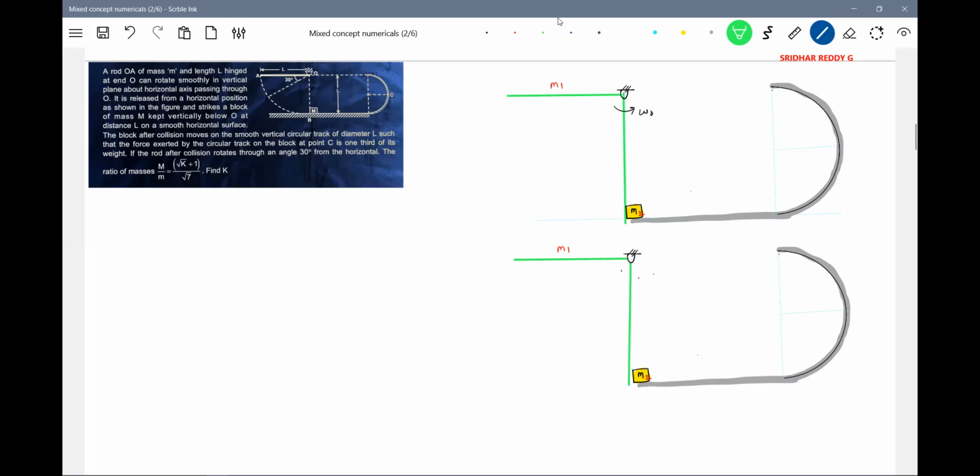So immediately it will acquire an angular velocity, how much? Let it be omega 1. Then it will swing back to this position, 30 degrees. And in the meanwhile, the block will acquire a velocity, say v2, and it will slide. By the time it reaches here, it will have